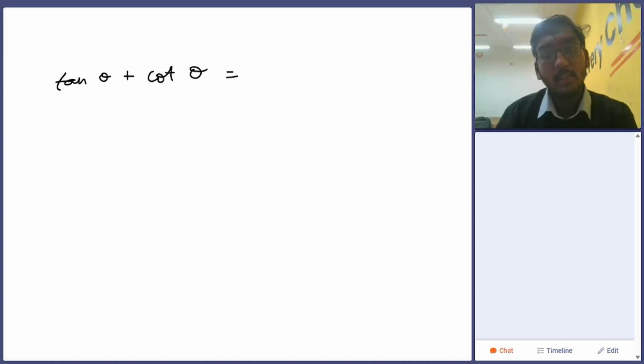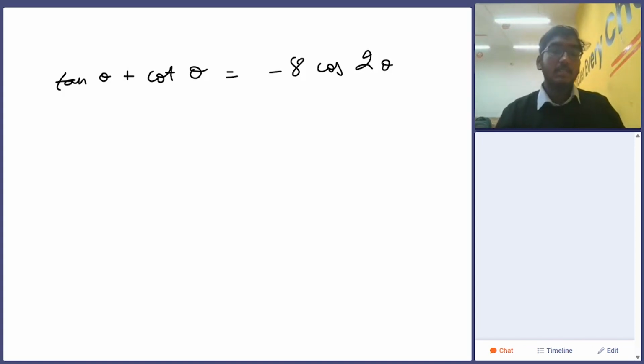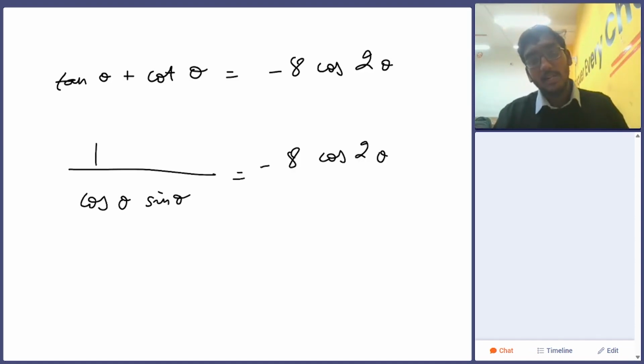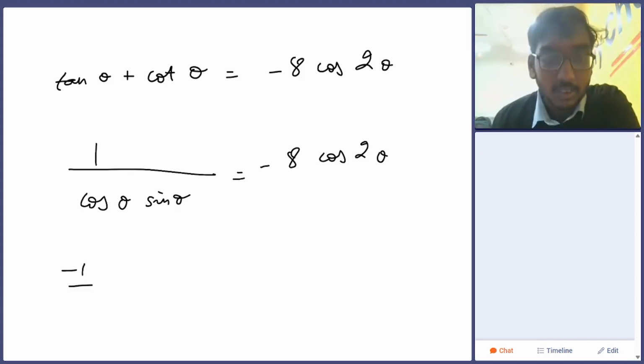That means tan theta plus cot theta will be what? Negative 8 cos 2 theta, right? And if you take the LCM, you write it as sin by cos plus cos by sin. If you take the LCM, it will be 1 divided by cos theta sin theta, right? Because the numerator will be sin square plus cos square, that can be replaced as 1. Okay. Minus 8 cos 2 theta, right? Just bring this cos theta sin theta to the other side. What you will get is minus 1 by 8 equal to